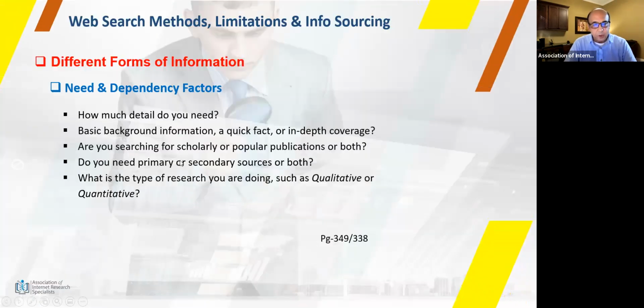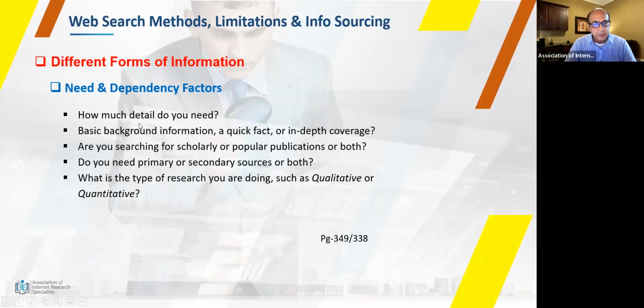Forms, need, and dependency factors. Okay. So when you have to do your research, you have to obviously plan it. And while you're planning it, you have to keep in view certain factors like how much detail you need. There are different types of information or different projects with given sets of problems for research, they could be